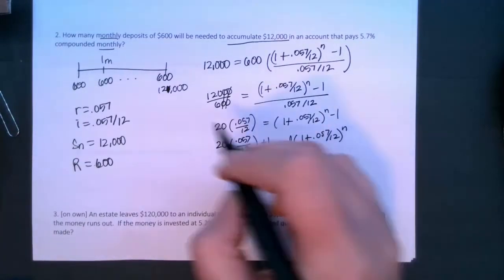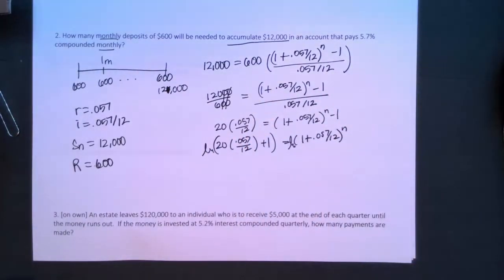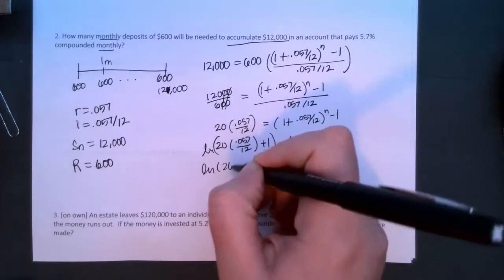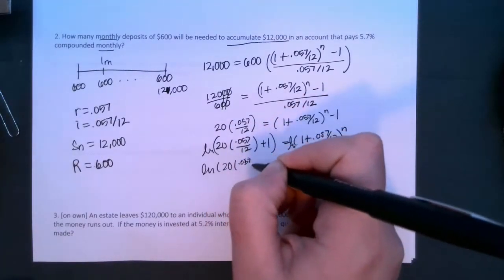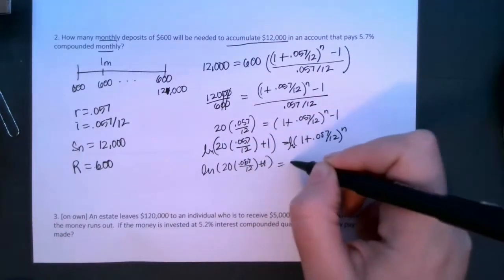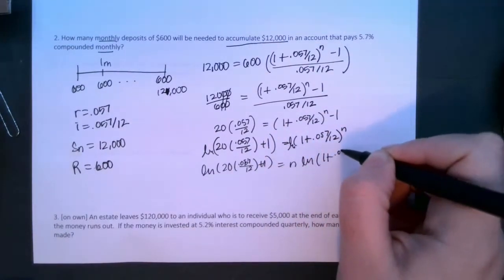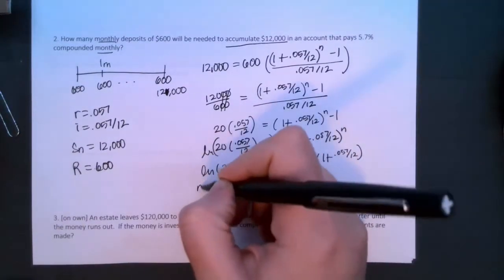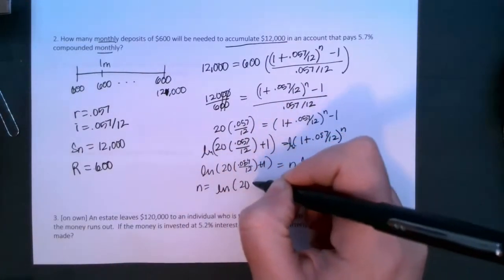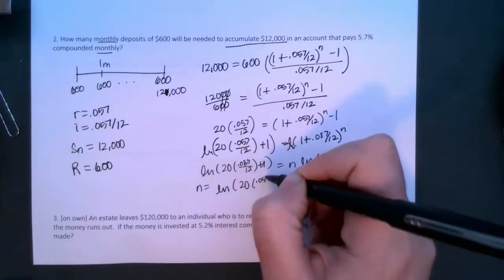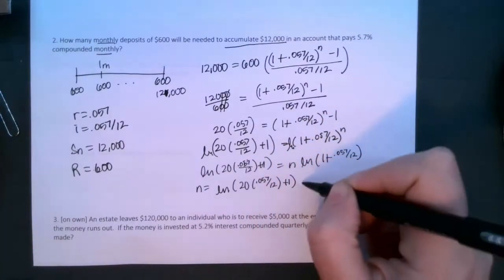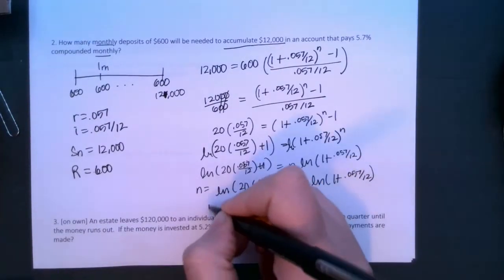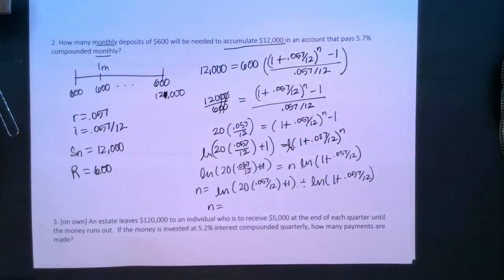And then we're going to take the natural log of each side. Again, the side, not the number, just the side. We're going to pull this power down. So we get the natural log of 20 times 0.057 over 12 plus 1 is equal to n times the natural log of 1 plus 0.057 over 12. And then we divide by the natural log of this number. So then n is the natural log of 20 times 0.057 over 12 plus 1 divided by the natural log of 1 plus 0.057 over 12. So that means that n is equal to, pulling out our calculator here,